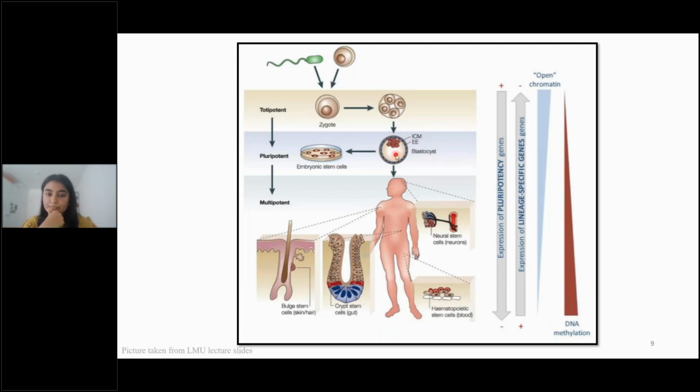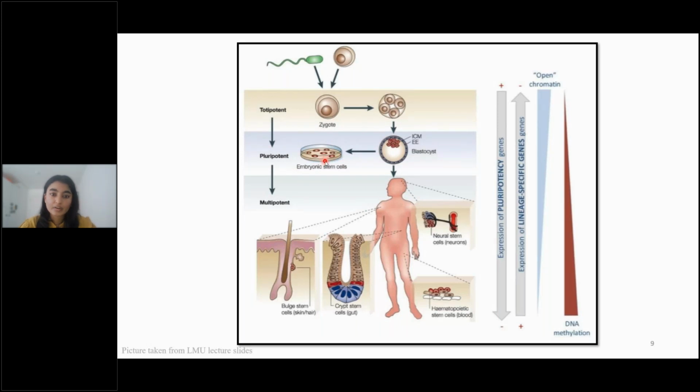Now, for example, if someone is working on embryonic stem cells, they will take this blastocyst. For example, if we want to work on human stem cells, we take a blastocyst from a human. Okay. We take this inner cell mass, right? This is basically all the pluripotent cells which we saw, and we will take it and plate it in an embryonic stem cells plate. I'll discuss it in further slides. And then these are the pluripotent cells, and we can do whatever research we want to work on.